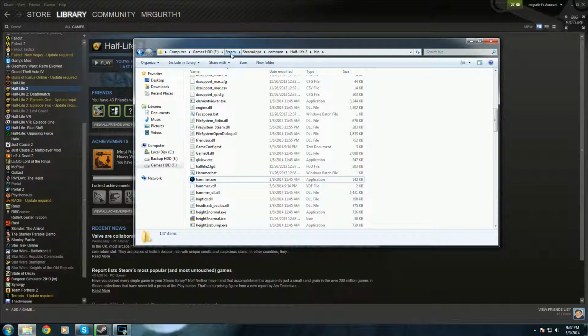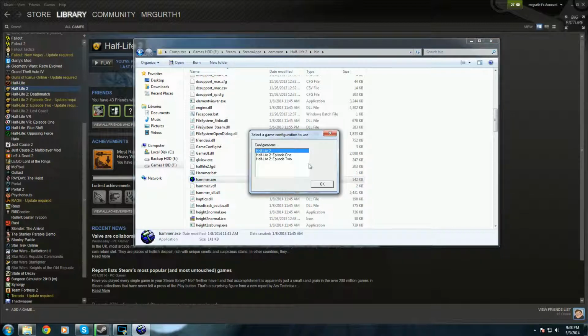You're going to want to go to Steam, Steam Apps, your common folder, and then Half-Life 2 or Half-Life Episode 1, Episode 2, and then you'll want to go into the bin folder. When you're in the bin folder, you'll want to find the hammer.exe. Double click it, and then you'll want to click whatever engine you're using. For me, I'm using Half-Life 2 right now,